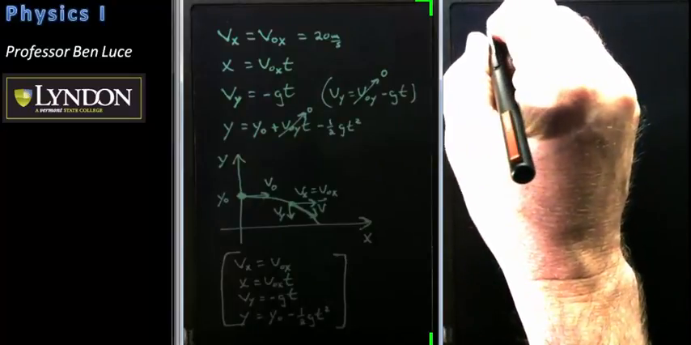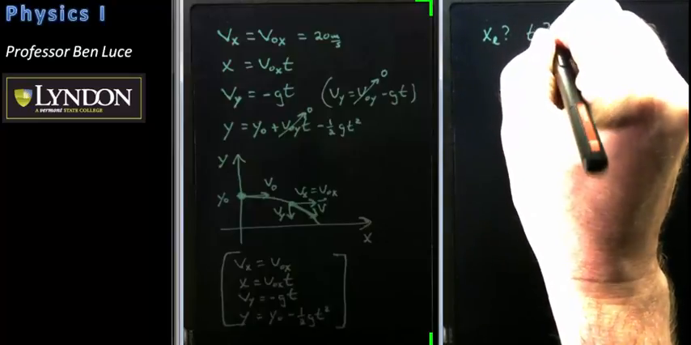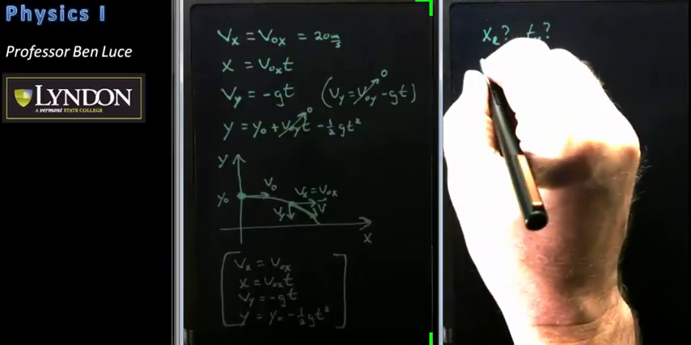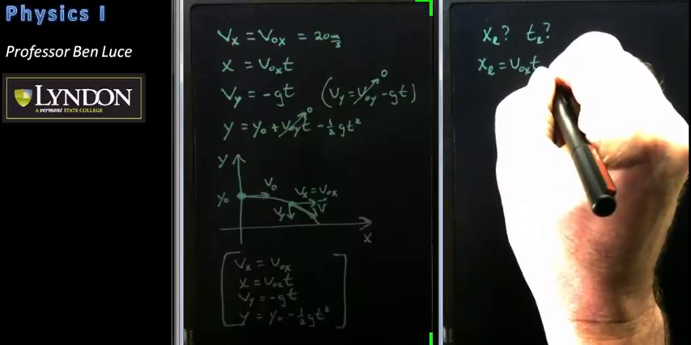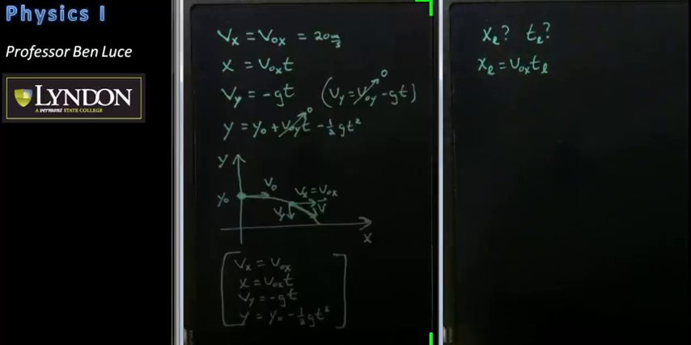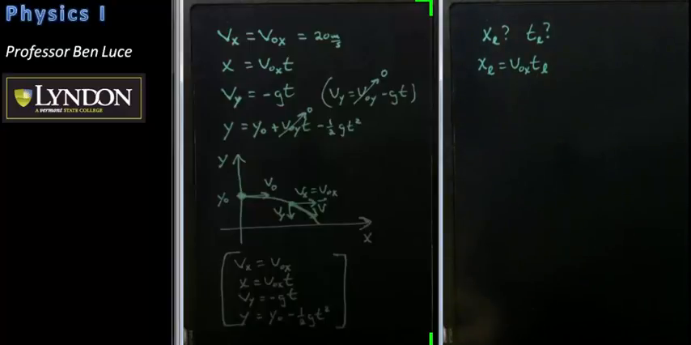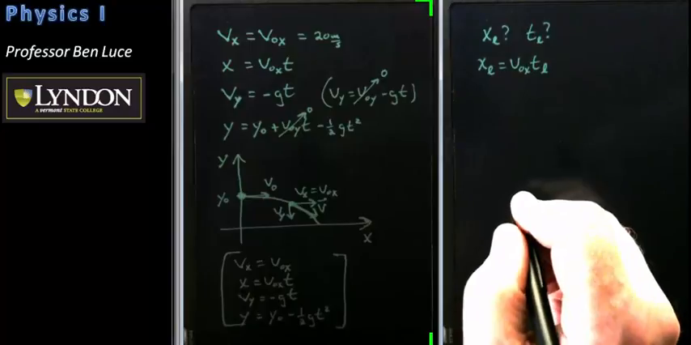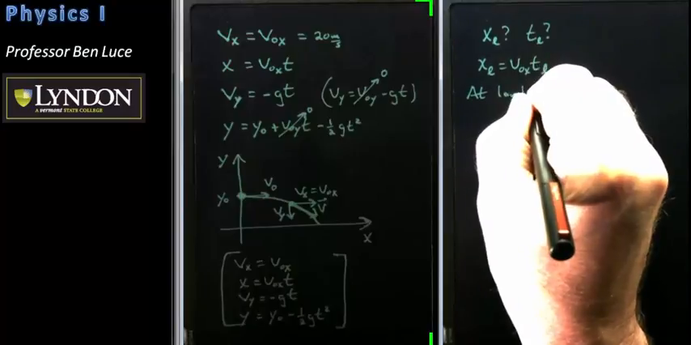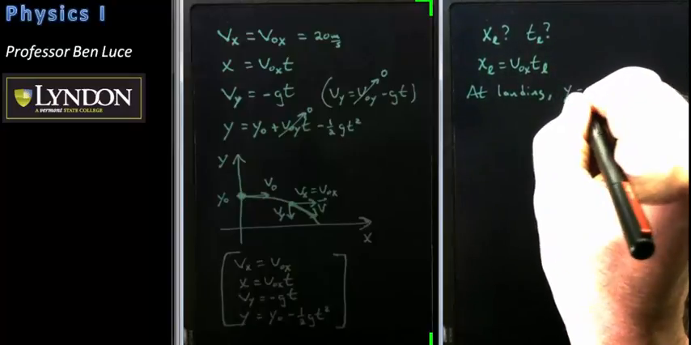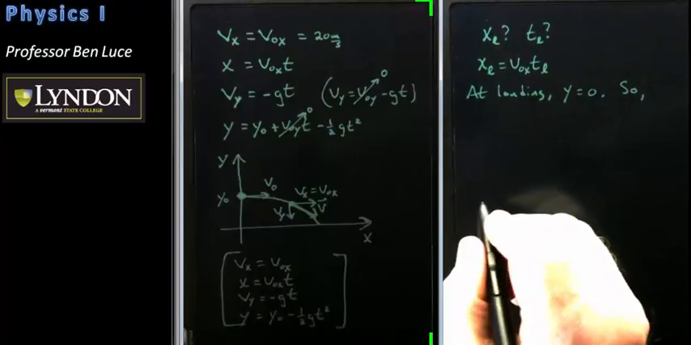Now let's ask, what is the range and what is the landing time? The range we could immediately write would be equal to v0x times the landing time, the time of flight. But we don't know the time of flight yet, so we can't use that yet. So let's figure out what we do know. We do know that at landing, y equals 0. So, subbing into the y equation,